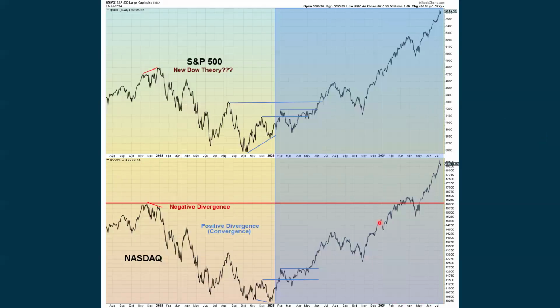And then instead of using traditional Dow theory, why not change it? And instead of using the Dow, why don't we use the S&P? Maybe that's a better representation of the US stock market coming off of recent all-time highs here. And then instead of using the transports, we're more of a technologically based society now. So why don't we use the NASDAQ instead? And that's coming off of setting recent all-time highs. So we're seeing some confirmation here.